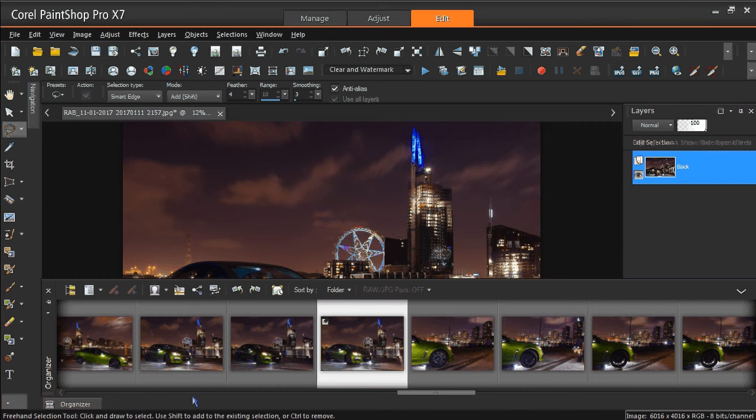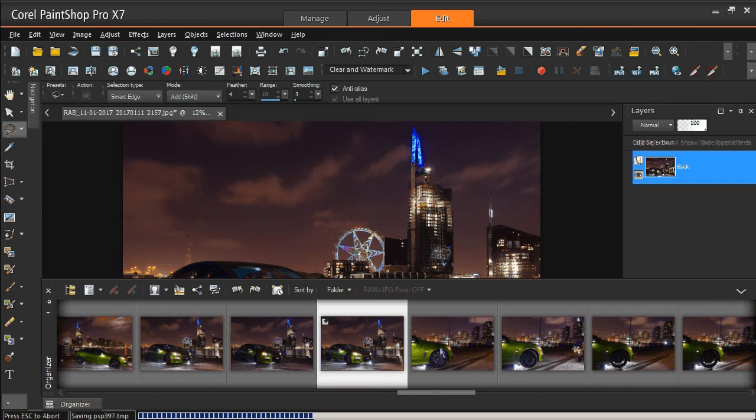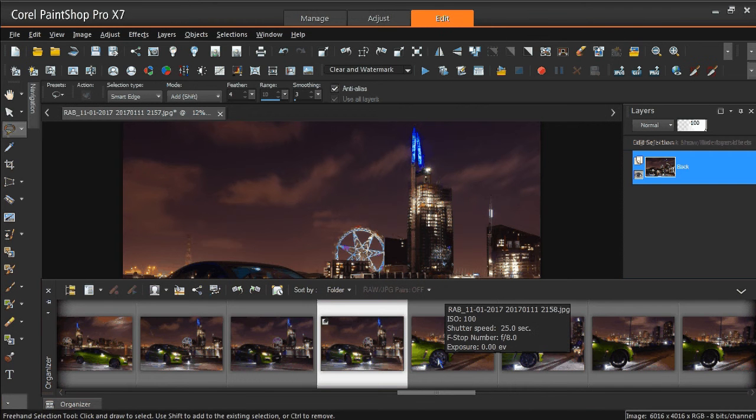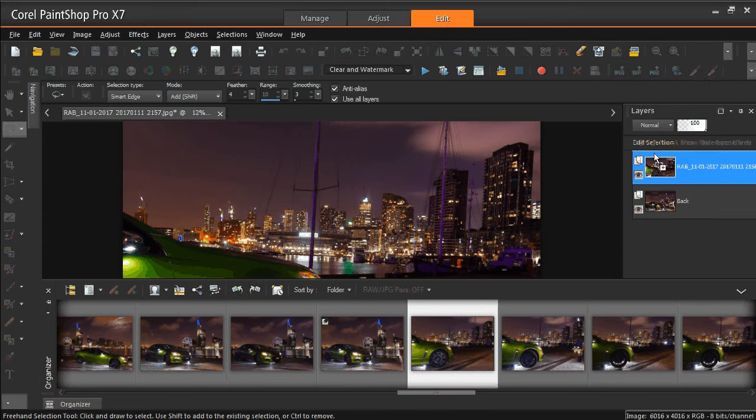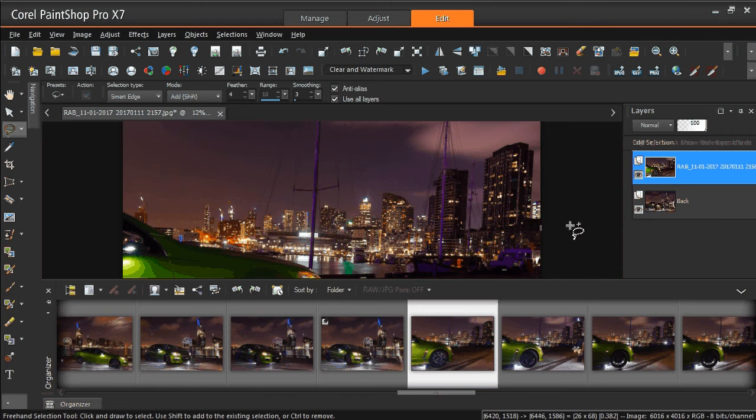So I'll go back to the organizer and I'll drag another picture, and this time I'll choose this one here. And I'm going to grab that with the left mouse button. I'm going to bring it up and I'm going to drop it on top of the picture I had there before, so it becomes visible. Okay, now